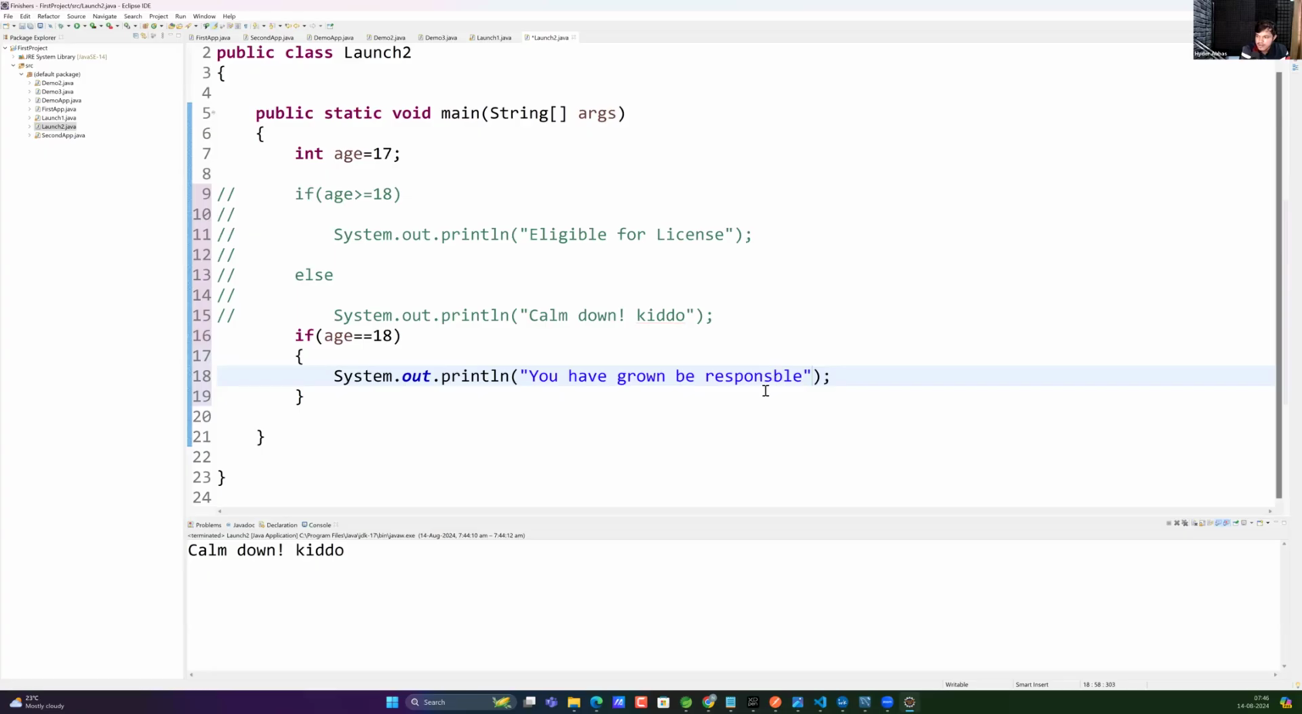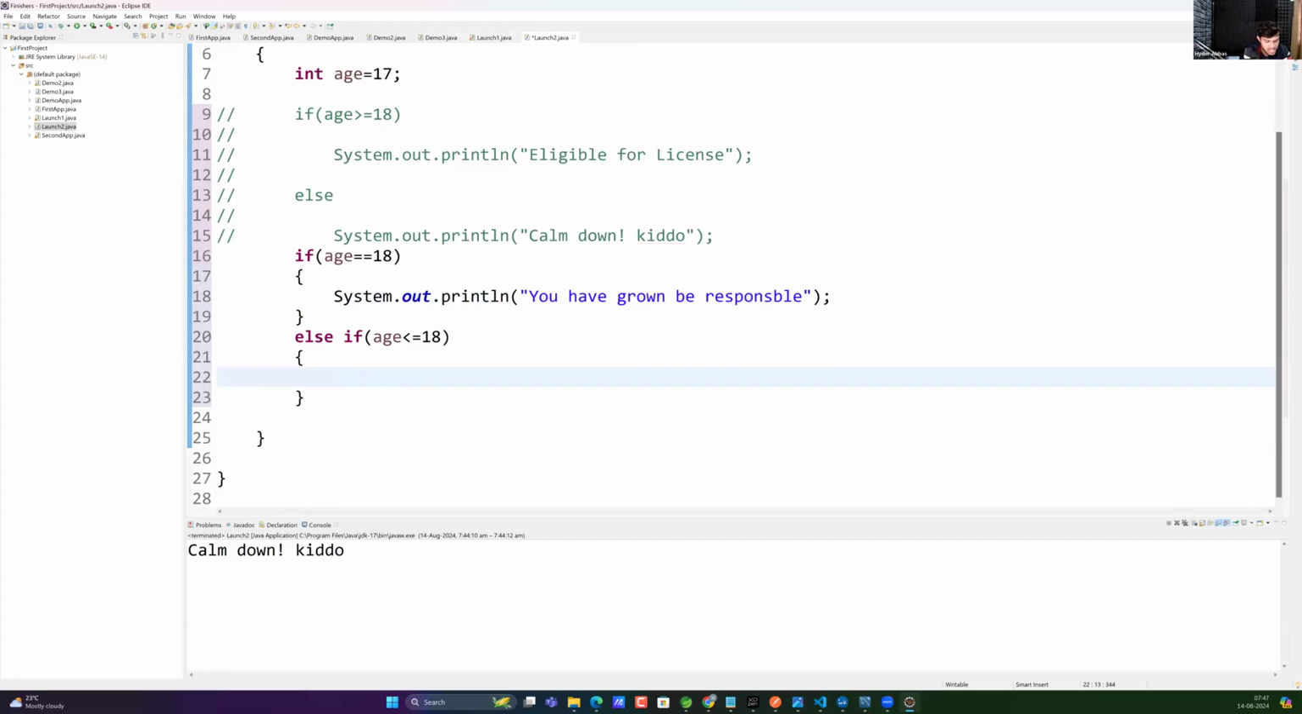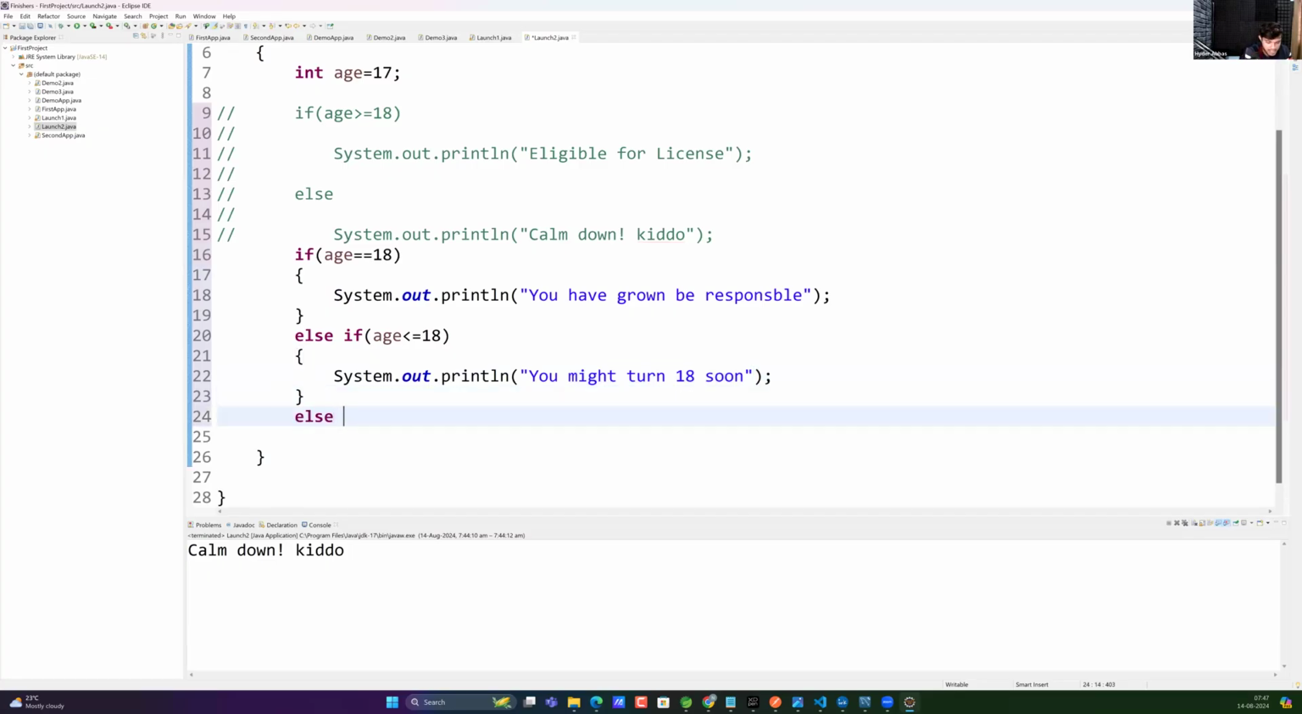Okay. Now, my dear friends, else if. I will check if the age is less than or equal to 18. I will say System.out.println, "You might turn 18 soon." Whatever message, guys, doesn't matter. I will say else if age is greater than 18,